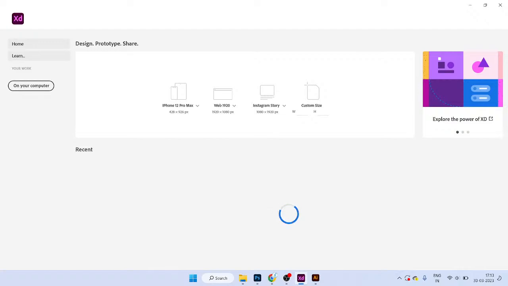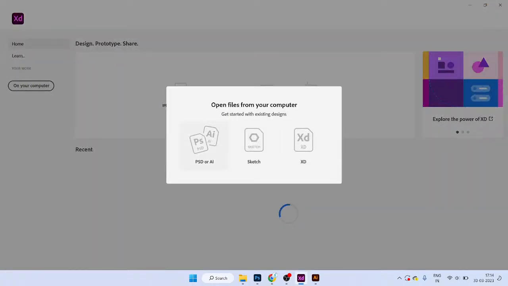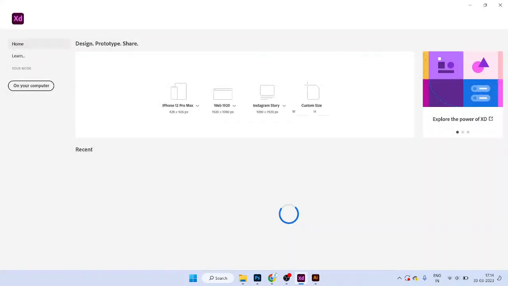We can get the link from Learn, and you can see Your Work. It is loading, one second. Home, Learn, and Your Work. This is on your computer, where you can save files like XD, Sketch, PS, or AI. You can directly open your PSD file, AI file, Sketch file, or XD file directly in the Adobe XD application. Okay,